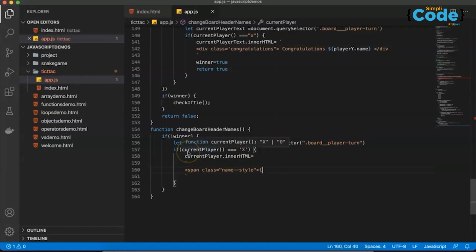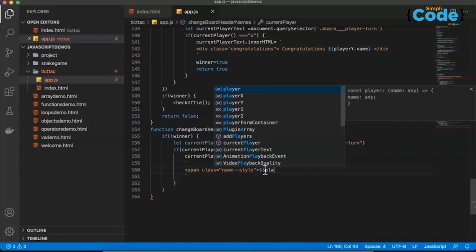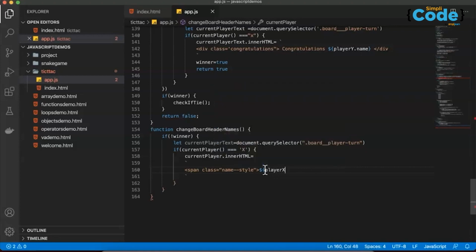Now this value we want to write with the name attribute, so it is getting closed, and here we are saying dollar, with this player X dot name, and then close the span tag, and we say you are up,